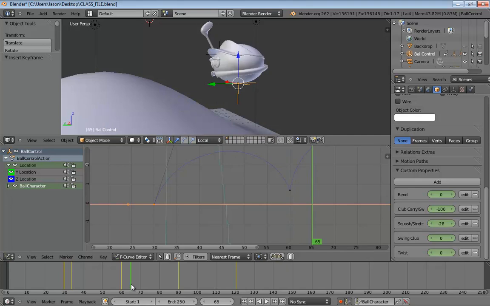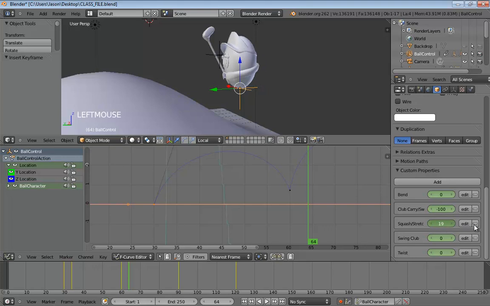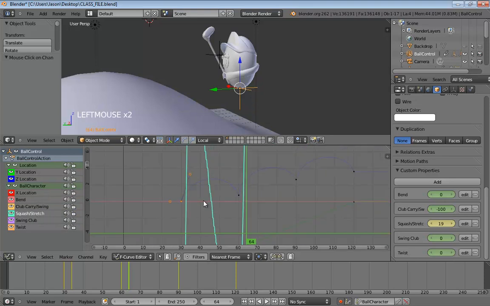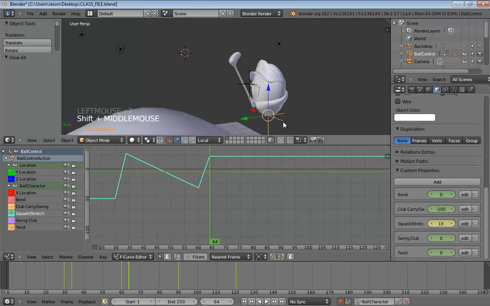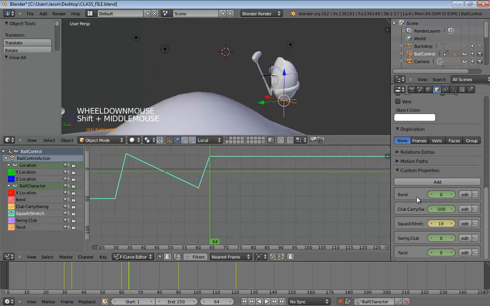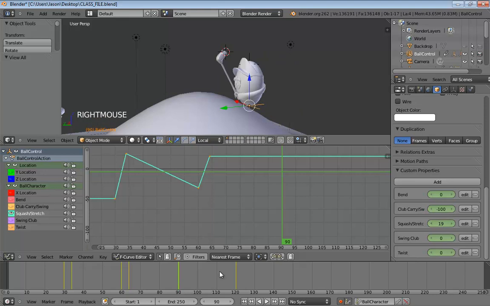All right, and 64, we'll stretch him up. And we could go ahead and just take a look at that squash stretch curve as it gets created. And I'll hide out everything else for the time being. And at 90, we'll squash him back down.